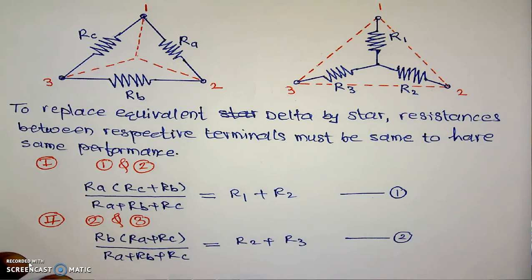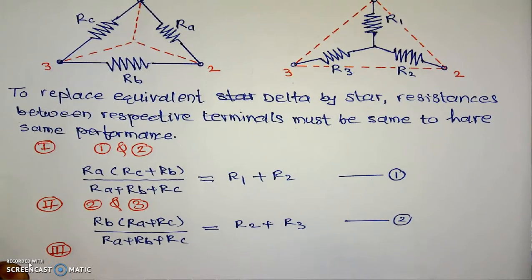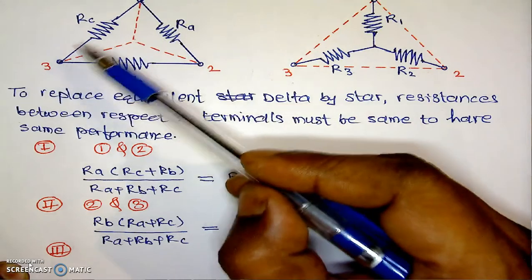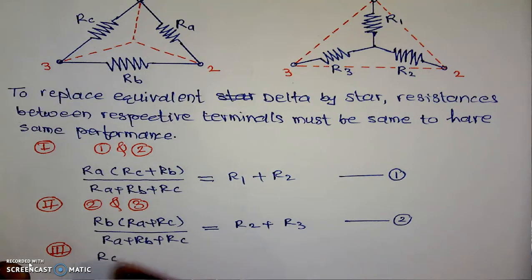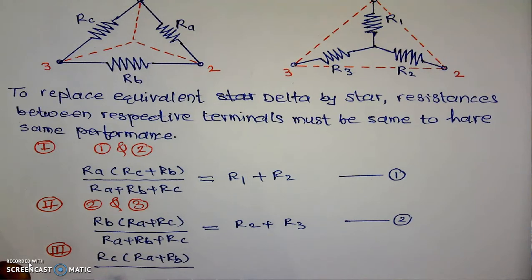Now we have two equations here. Now we will see the third case, that is the resistance between terminals 3 and 1. For this case, if we are finding the resistance between terminals 1 and 3, RC is in parallel with the combination of RA and RB, so it is RC into the bracket RA plus RB, divided by the combination of all, that is RA plus RB plus RC, which is equal to